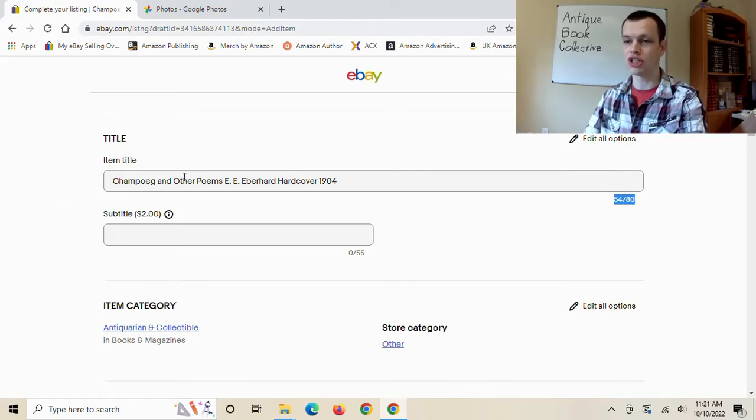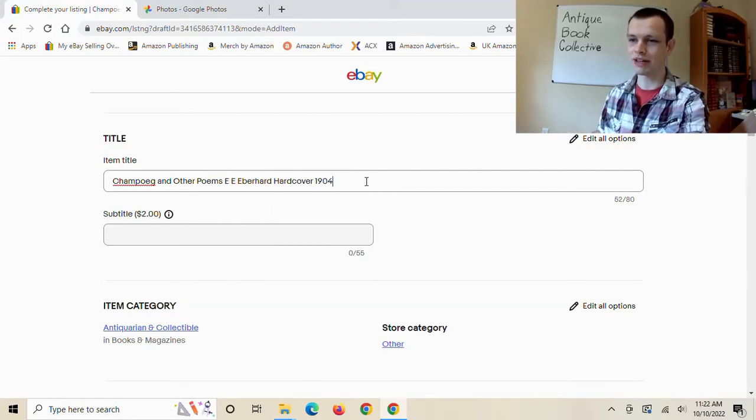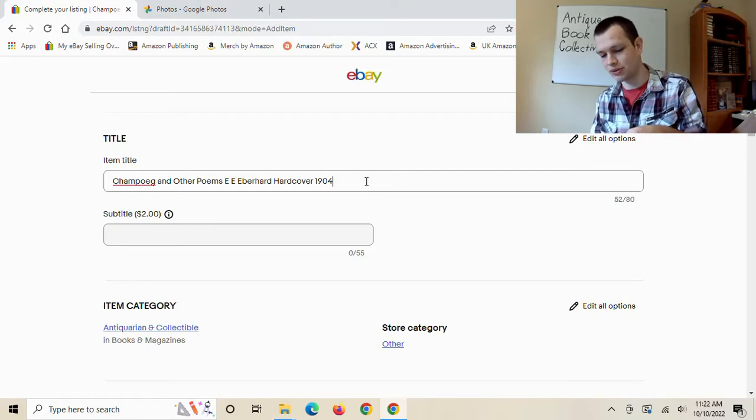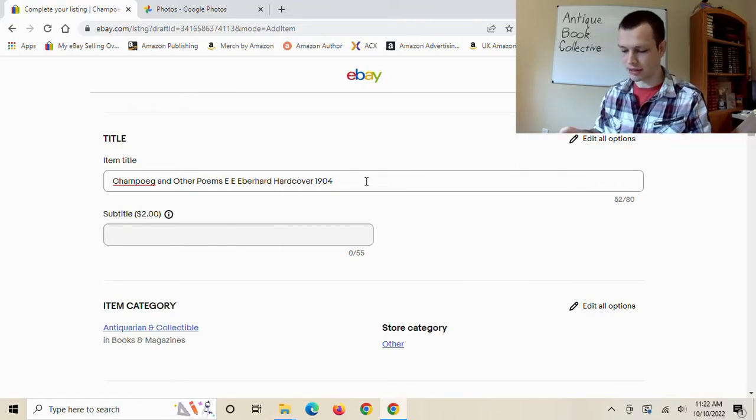So Champoeg and other poems, E.E. Eberhard hardcover. So I'm actually going to get rid of the periods because the periods don't really matter for the actual search algorithm. So, whoops, hit the wrong button. So I'm getting rid of that right now, which actually just freed up 2 spots. And what I'm going to put in lieu of that is I'm just going to flip through the book right now to see if there's any illustrations. I do not see any illustrations,